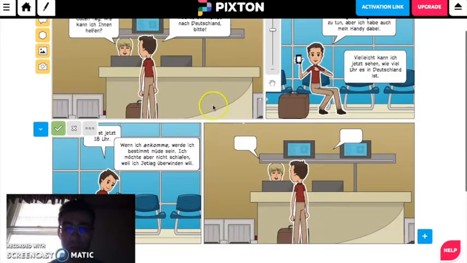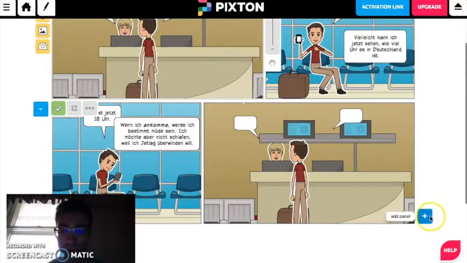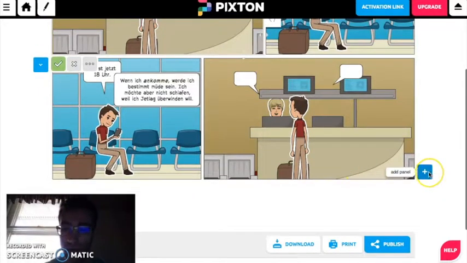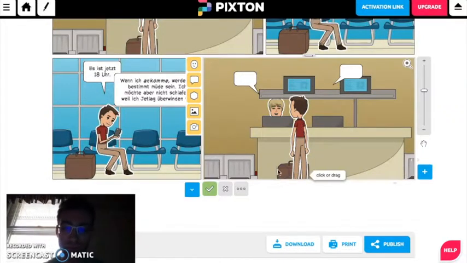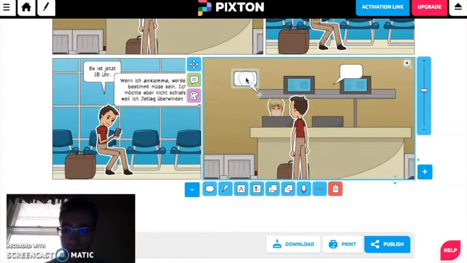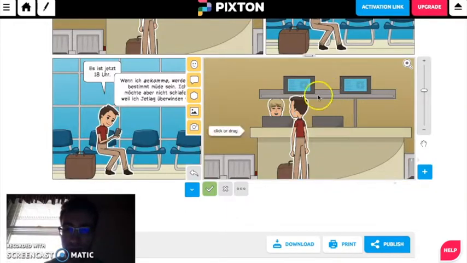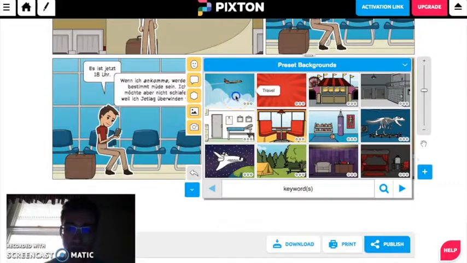Now the nice thing is that once you start creating each slide with different characters and things like that, if you click the plus button to add a new panel, it adds the previous characters and sometimes even the props. Like I added some luggage here and some speech bubbles. So that's a very nice feature. It saves some time. Right now I'm going to actually get rid of a few things, and I'm going to change my background. So to do that, you click this little add background button. I've been using the travel presets,